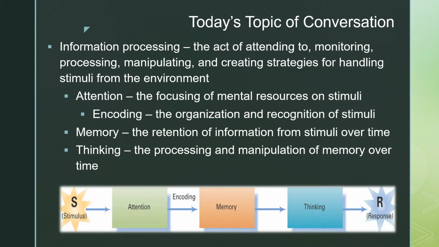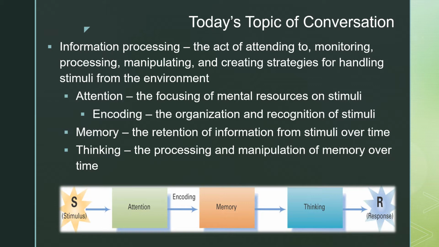If we're going to understand various aspects of cognitive psychology, there's a concept that we first want to become familiar with. It's this idea of something called information processing. What cognitive psychologists argue is that at the heart of most of our actions in the environment is a stimulus response relationship. And for us to transition from encountering a stimulus to actually responding to it, there's a step by step process that we engage in.